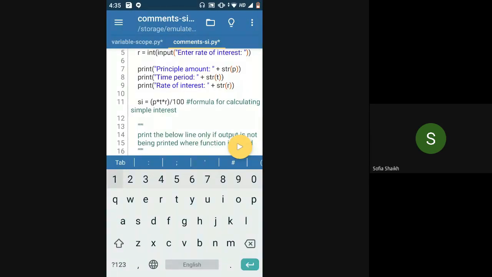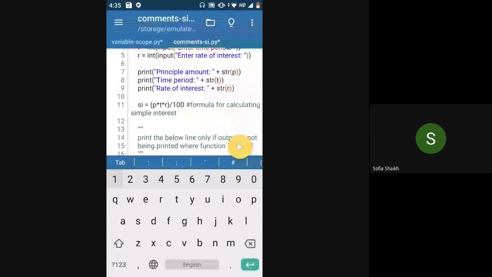If you're working in a company, suppose you wrote some code in one company and then switched to some other company. The code that you wrote in the first company, someone else would be working on it. So you need to make sure that your code can be read very well by others. It should be interpretable and as readable as possible, so that even if someone knows nothing about your code, they should be able to understand the logic you have used. That's why we use comments.